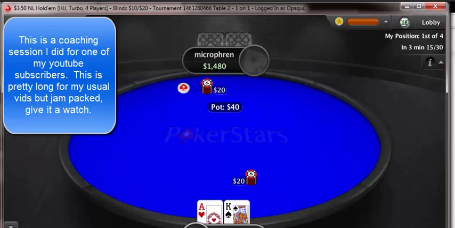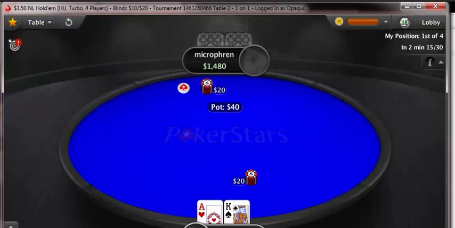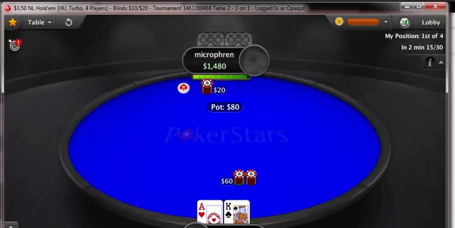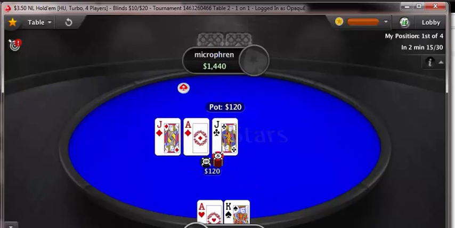Alright, so I received some footage, doing some coaching here. Hand one, match one. This is a shootout. Okay, ace king versus a limp. Obviously, we're going to ISO. I'm going to be a little bit nitpicky about the sizing and say I'd go something more like 70-75, just to get a little bit more value against a guy that's probably not great at poker if he's open